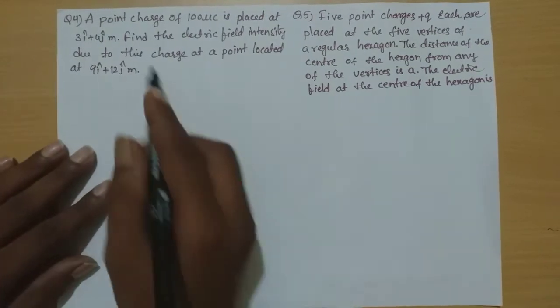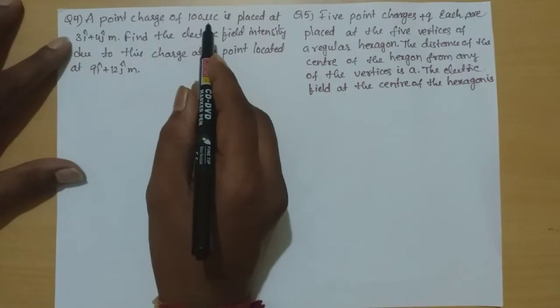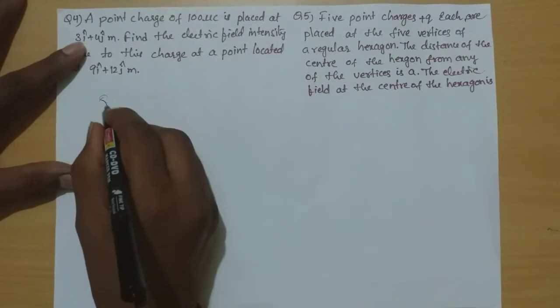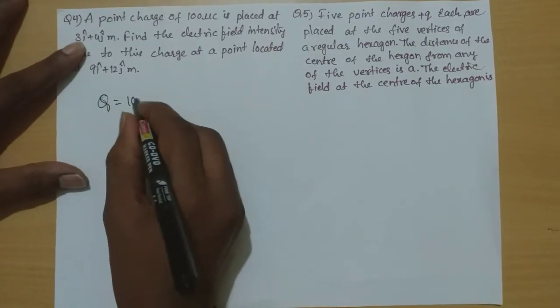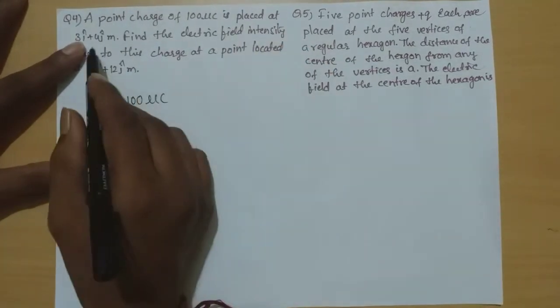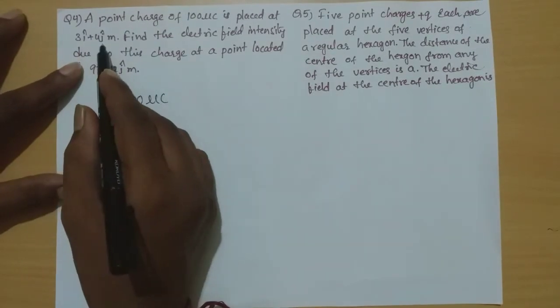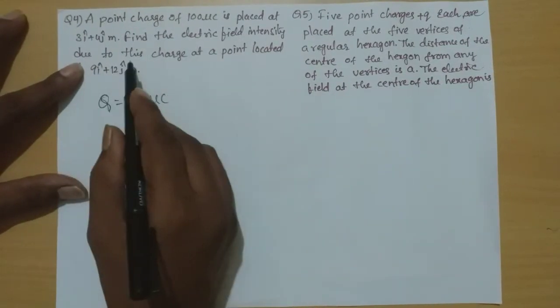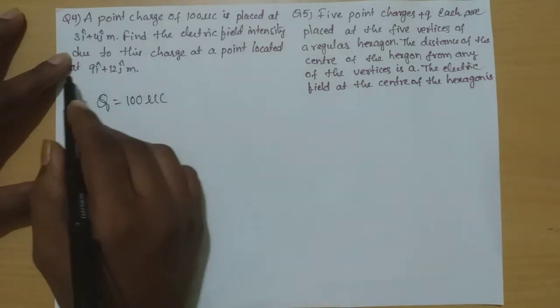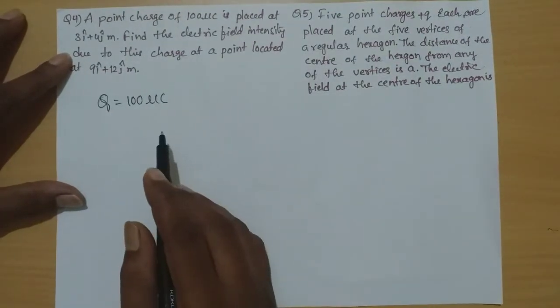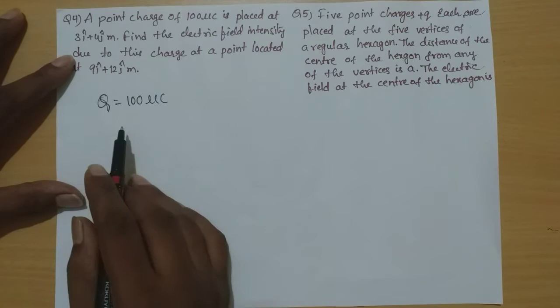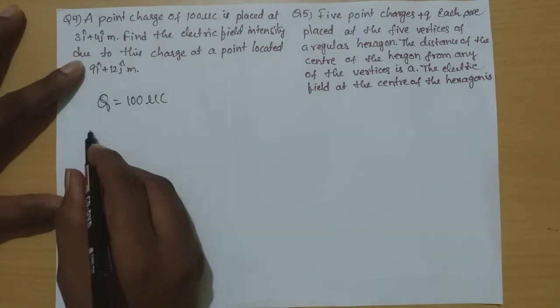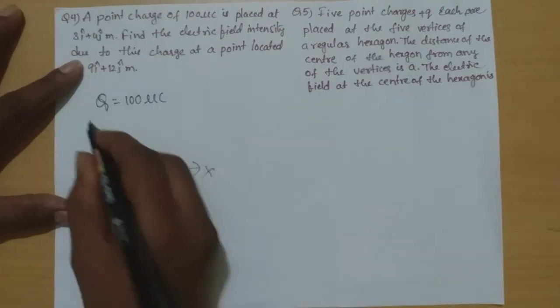See the next question: a point charge of 100 microcoulomb. So the charge Q equal to 100 microcoulomb is placed at 3 i cap plus 4 j cap meters. Find the electric field intensity due to this charge at a point located at 9 i cap plus 12 j cap meters. Okay, now to find this one,